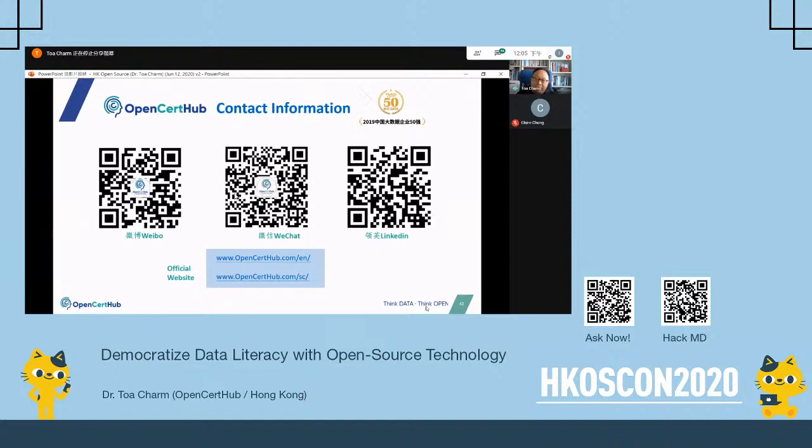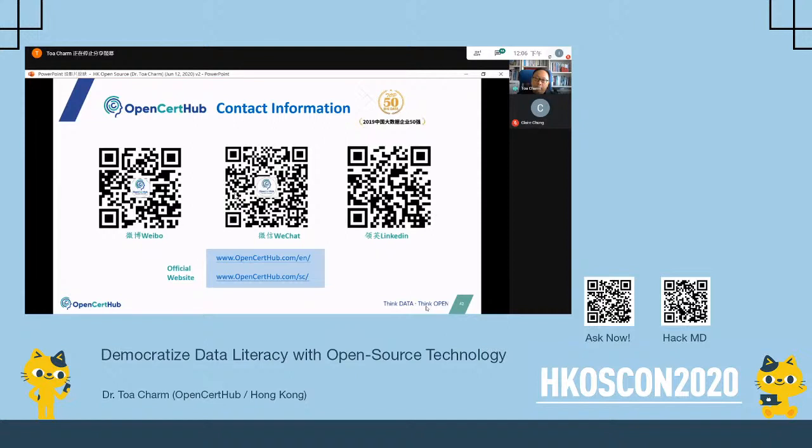So that's one point. The second point is, if this is the way to go, do we have enough talent to do it? The answer is no, because we do not have enough data scientists. More importantly, most of the employees and staff in our company do not talk the data language. They do not have what we call good data literacy. So it is very important to democratize this data literacy to all the people in our company, so we will be as successful as, for example, Airbnb. Data is our customer voice.